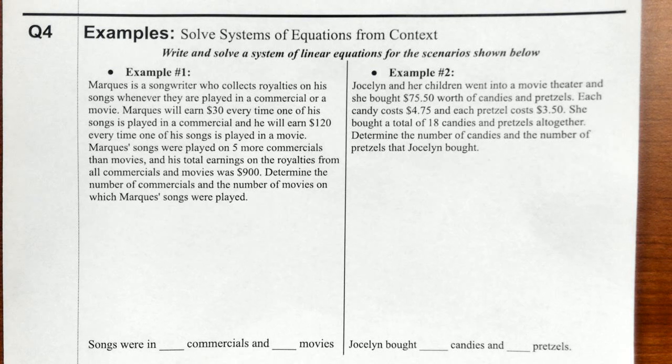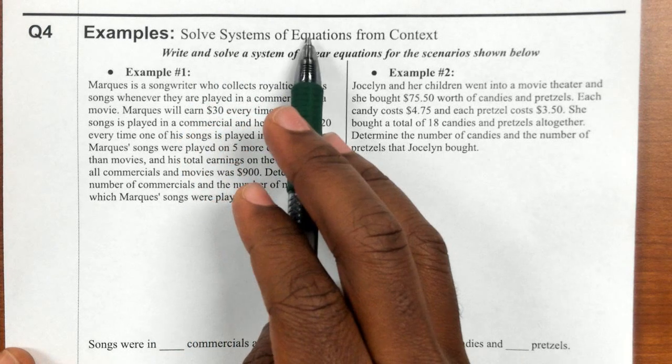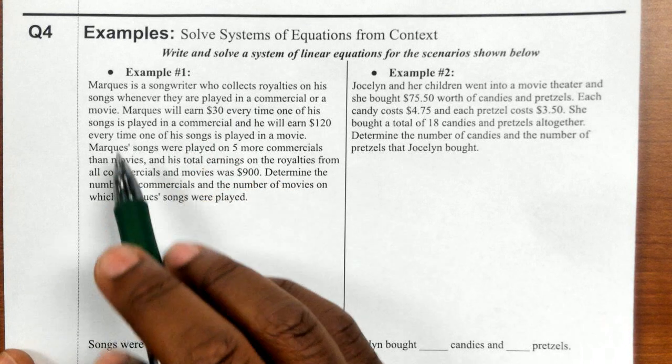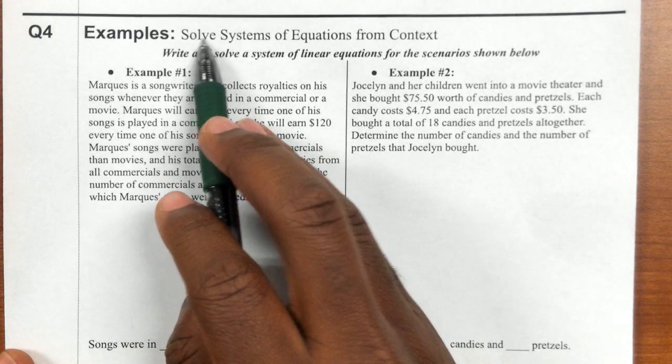Unit 6, question number 4. So question number 4 wants us to solve a system of equations from a context, all right? So we're going to need to read this information and write two equations, because again, we're solving a